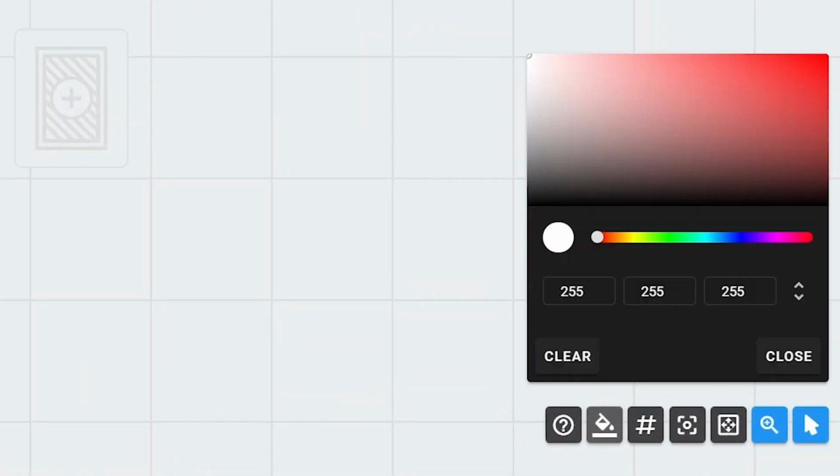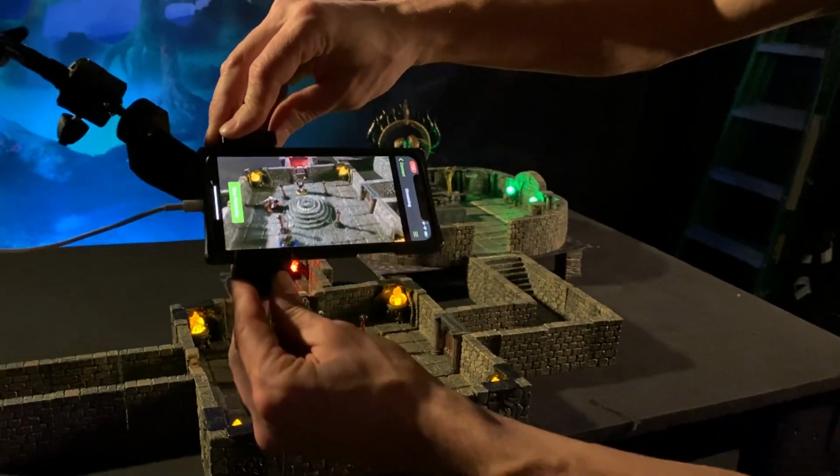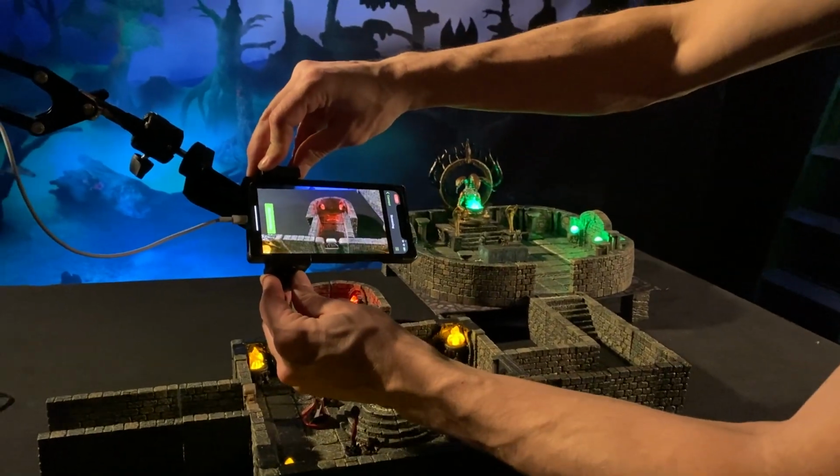If this white grid background isn't your jam, you can click the background color button in the bottom right to open an RGB slider that will let you set the background to every color known to man. Now, if you want to use terrain, and if you're watching a Dwarven Forge video, you probably do, you'll want